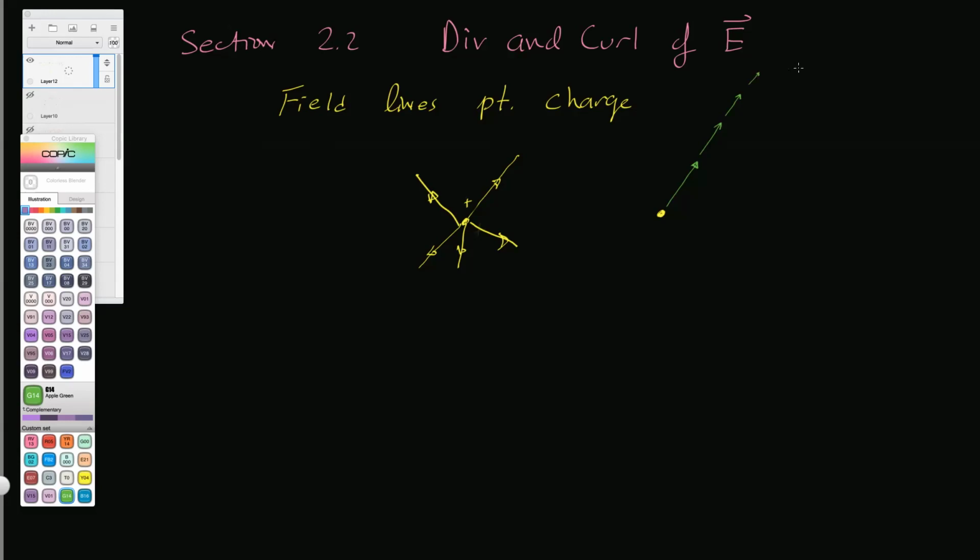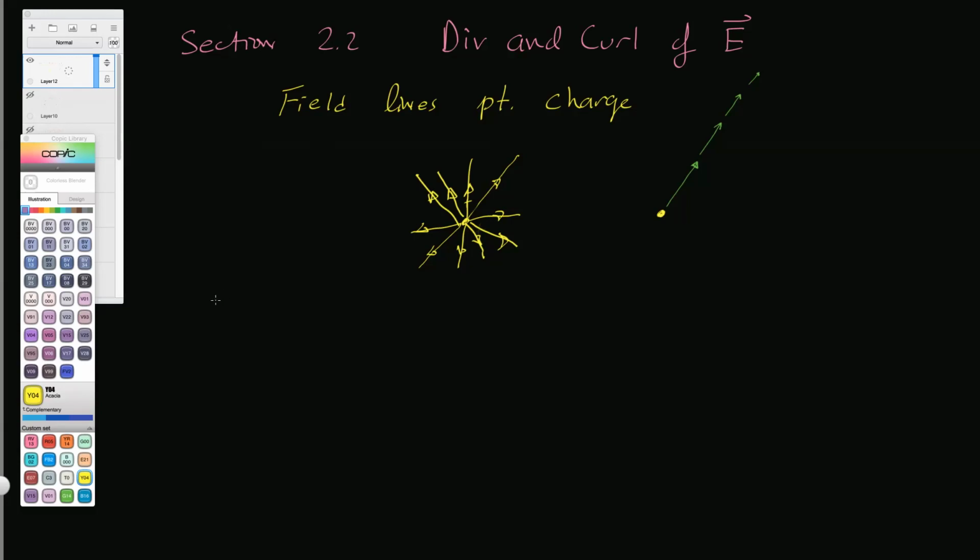If I was really good at drawing this, which I'm not, I would draw dense lines here. And you can see as they fan out, they get less dense, which is how we represent the field getting weaker as we move away from the point charge. Does this make sense? Because they're fanning out radially, as you go out, they're less dense. So that's really how field lines are supposed to be drawn. Terrible drawing, but